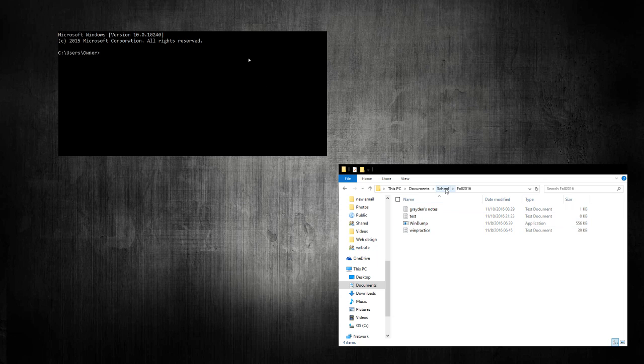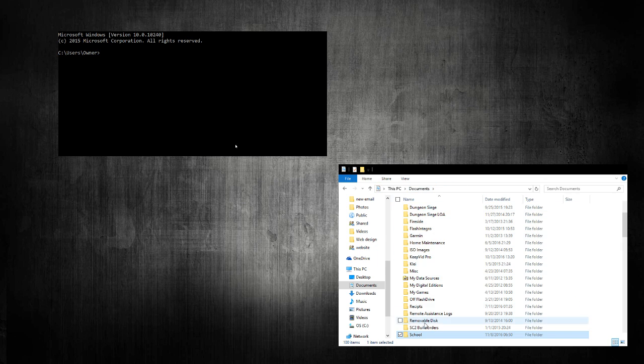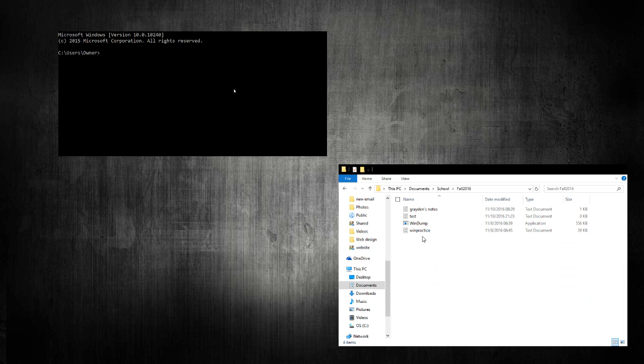And also these files, these folders, if you can, make them so that there's no spaces. That just makes things a little bit less complicated. Again, you can get around it if there's spaces like up here, but I would keep them with no spaces if you can. Alright, so with that being done, then we need to open up our command prompt.